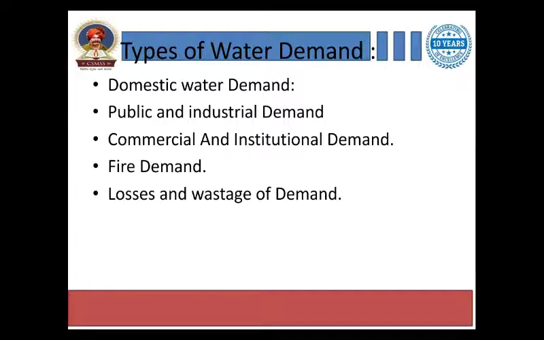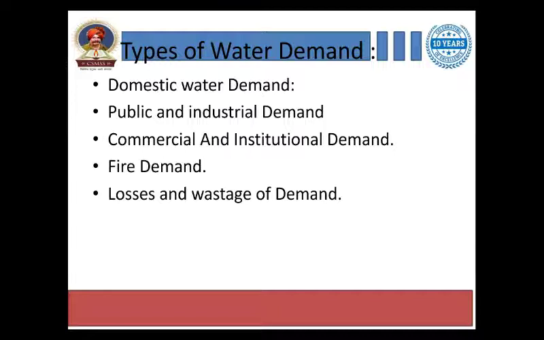So there are various types of water demands. Which are those? Domestic water demand, public water demand, commercial and institutional demand, fire demand, losses and wastage of demand. Right? The name itself indicates the purpose or the type of demand. Domestic means घरगुती. घरी किती पाणी लागतं एका व्यक्तीला एका दिवसात, right. We have to find out how many liters of water one person needs in one day, that is, the per capita per day liters that we need to find.